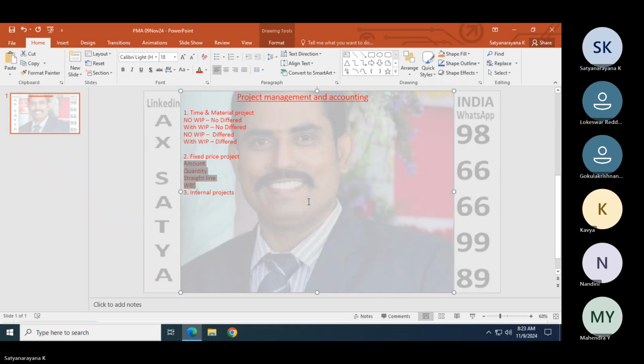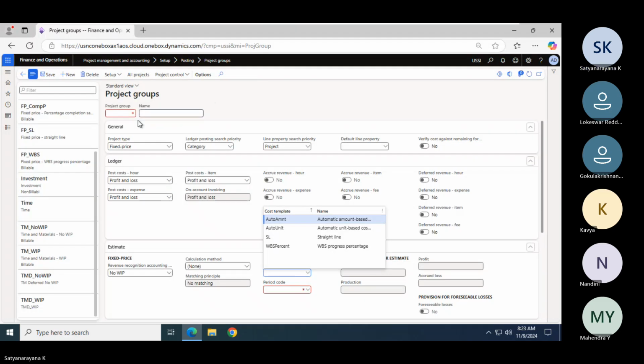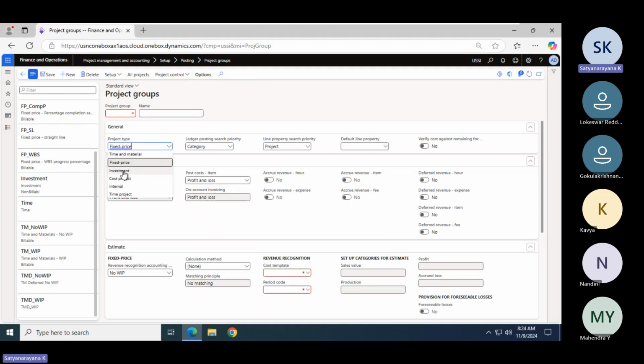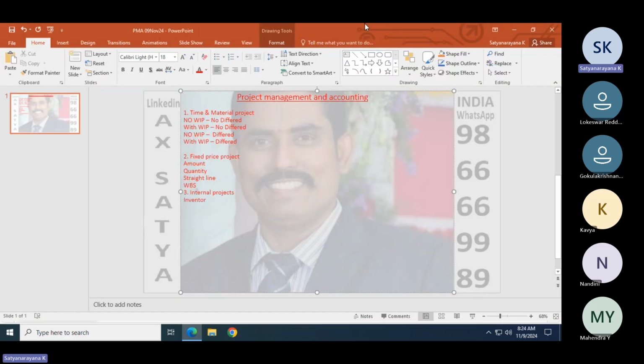Now internal projects. In internal projects also there are four: investment, cost, internal, and time. In reality, the most important is only one: the investment project. To be frank, for the cost project and time project there is not much information.